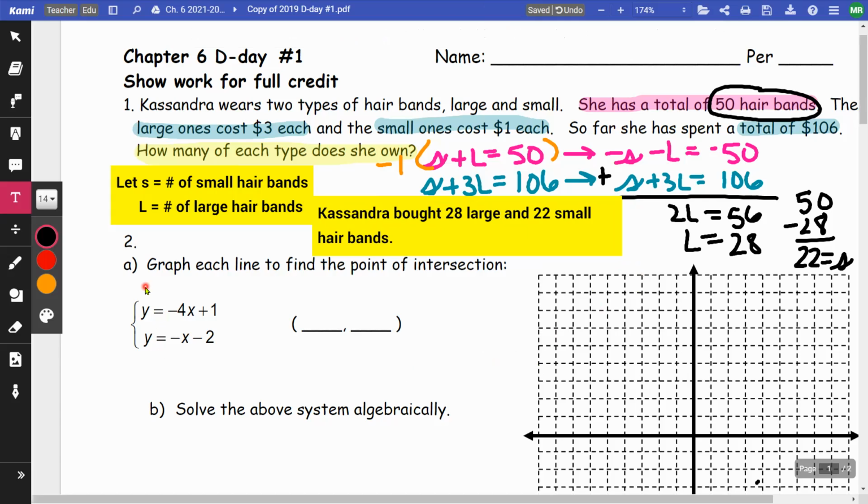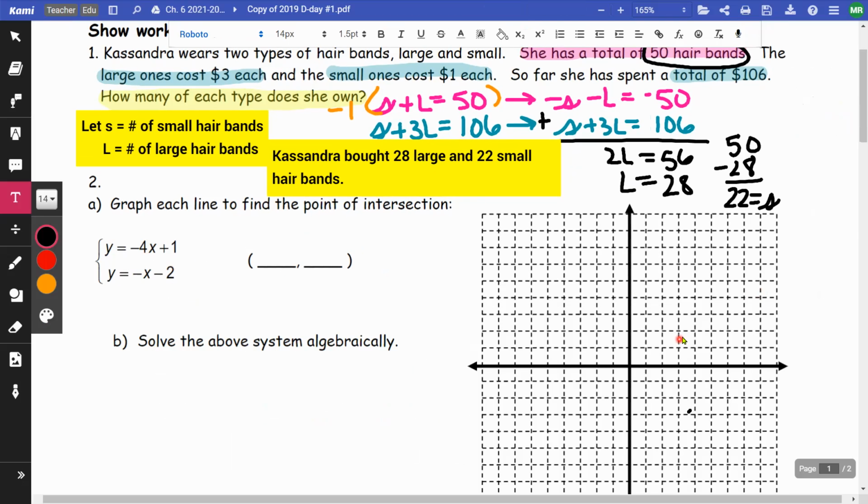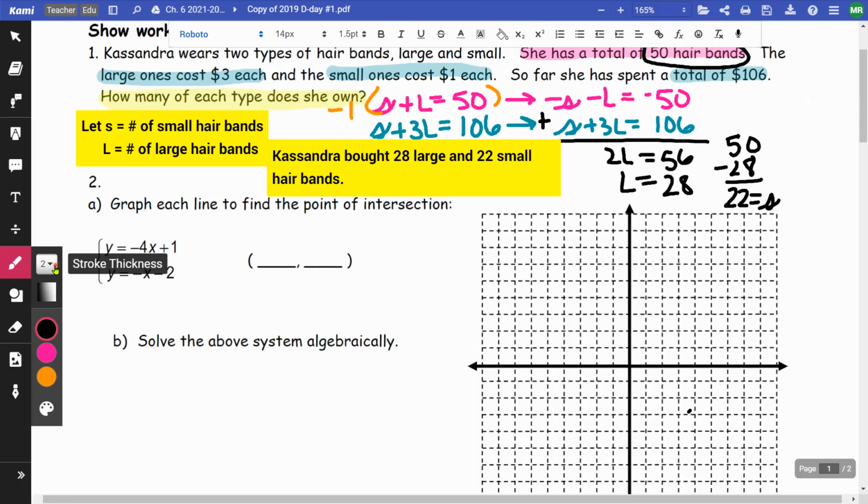Okay, number 2. 2 is asking us to do 2 things. They want us to solve the system by graphing it on the graph and finding the point of intersection, and then solving it algebraically. So to graph this,